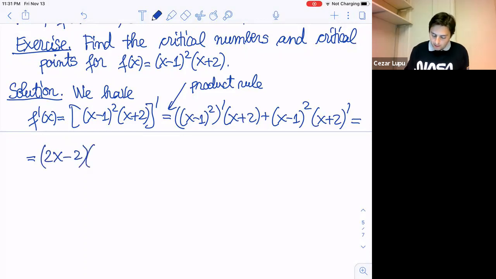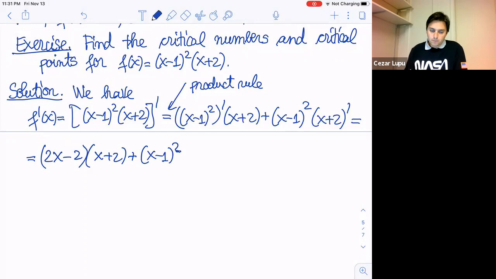Times x plus 2 plus x minus 1 squared times 1, right? So that's it. All right. Now you can factor here, so it's 2 times x minus 1 times x plus 2 plus x minus 1 squared